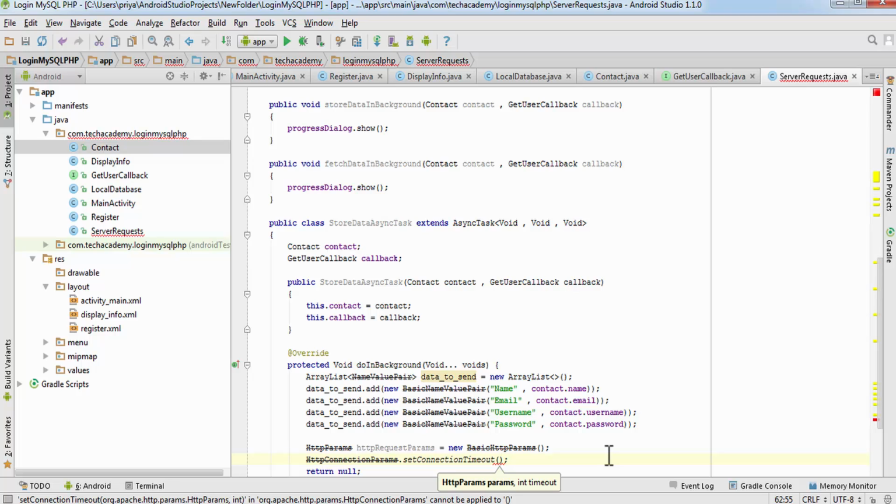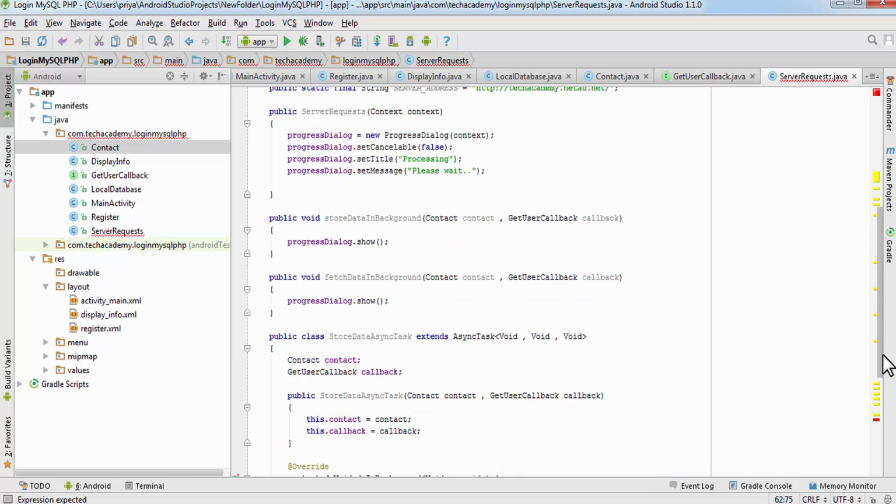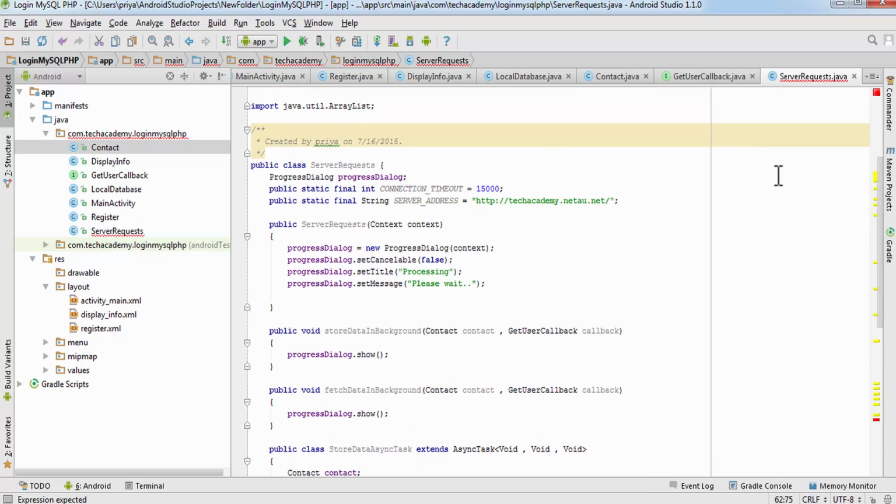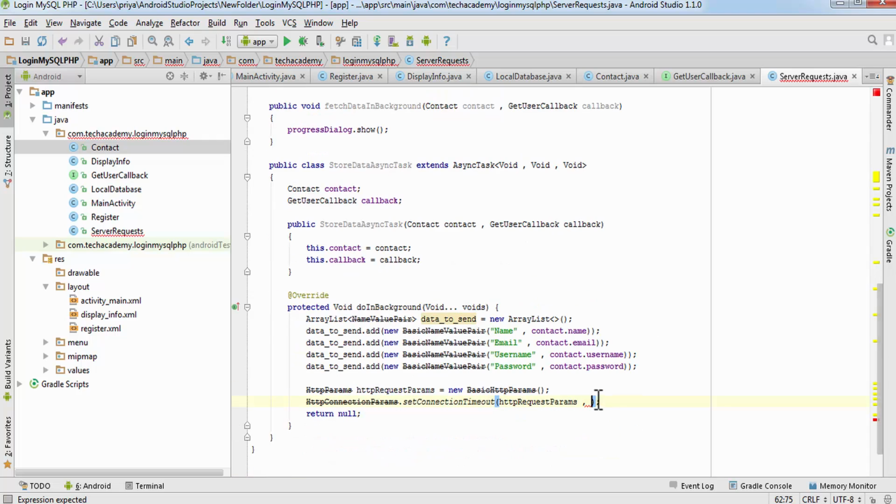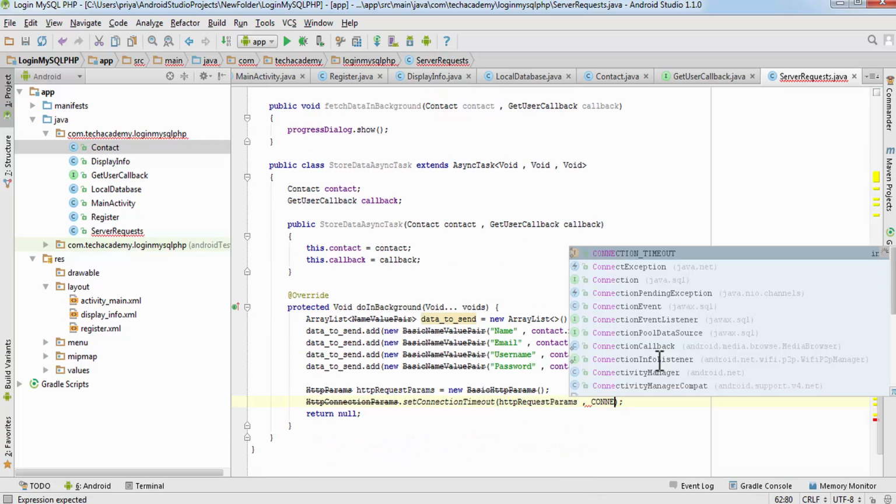First one is HTTP params and timeout. So HTTP params is HTTP request params, so write HTTP request params, and for the timeout we have created one constant here, connection timeout. We will use it here. Write connection timeout.